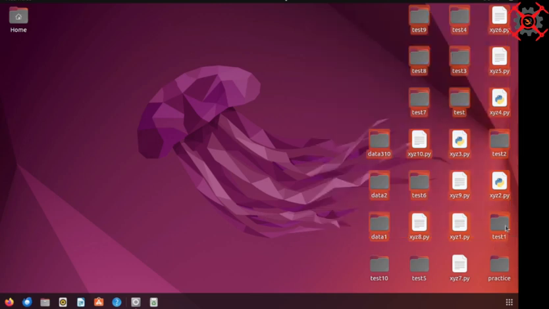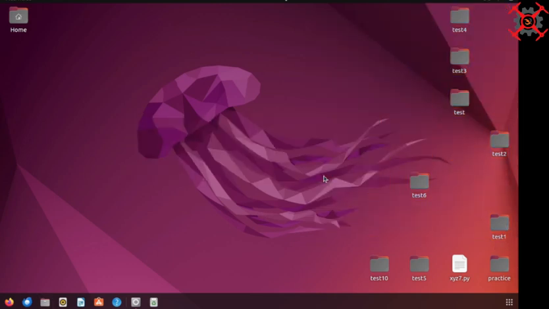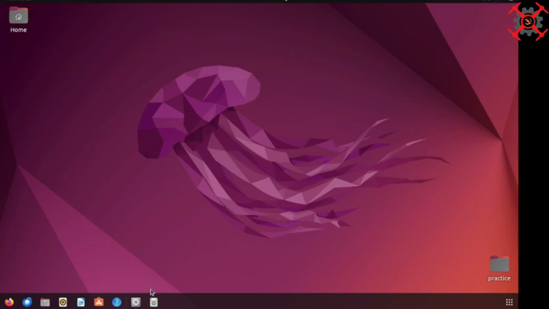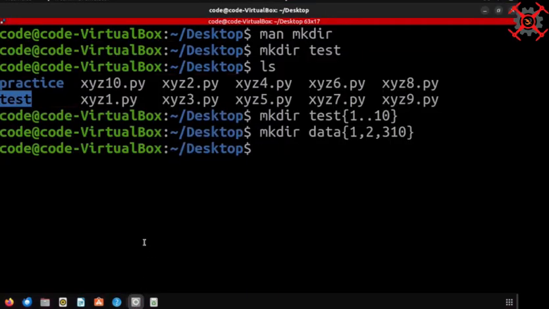As of now, I'll just delete everything. I don't need all this stuff. Let me delete here because I need that practice folder. That's why I'm doing this. There's no scientific reason behind this. As I have deleted all the folders manually,